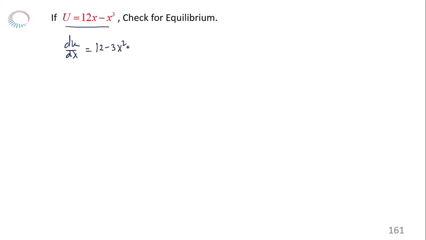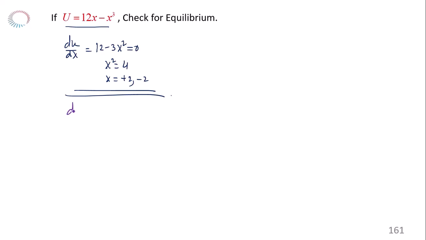And if I put it equals 0, so x square becomes 4, so x becomes plus minus 2. Okay, so I have two values of x at which the equilibrium is possible. That means at these two locations, I have to check whether I am getting the stable equilibrium or unstable equilibrium. Now for the checking of that, I should go for the second derivative.